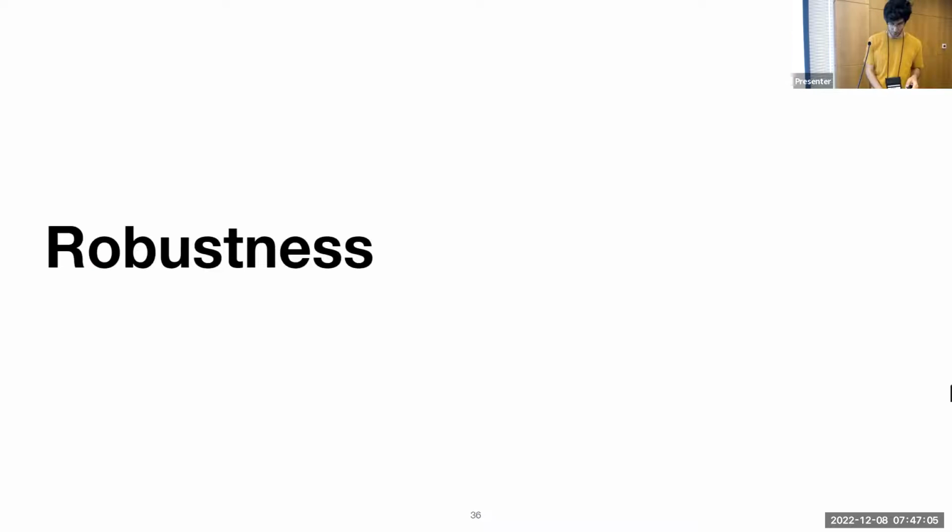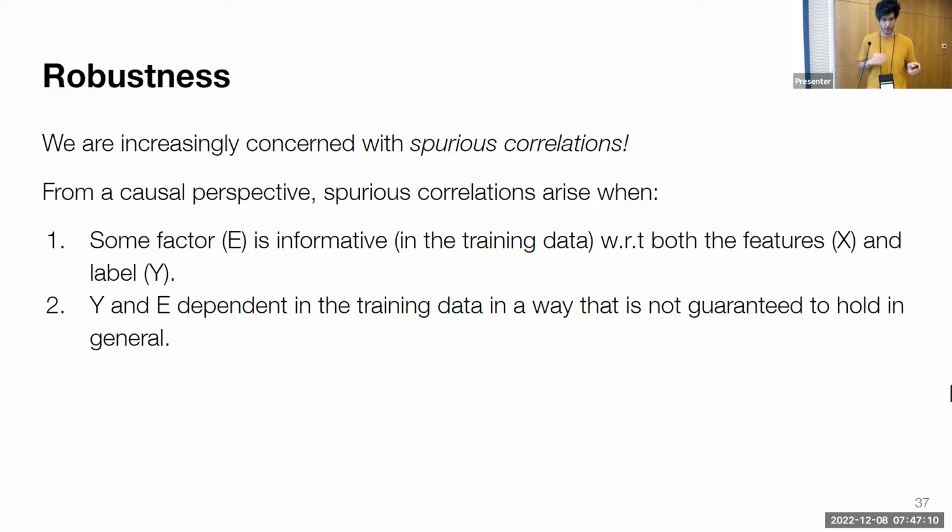All right, moving on. Another field that is maybe even larger, or the same size, within the machine learning community, but does not receive the same treatment in NLP, is robustness, and specifically the causal perspective on robustness. We are growing increasingly concerned in NLP. This is also true with spurious correlations. This is a buzzword that has been pushed around in this talk, but also in other cases. But from a causal perspective, we can think about this very clearly.